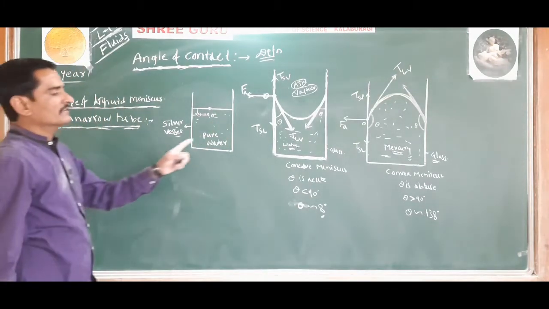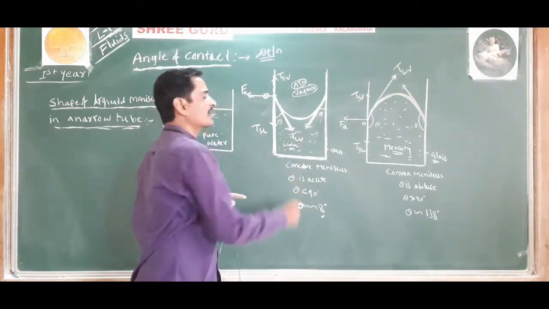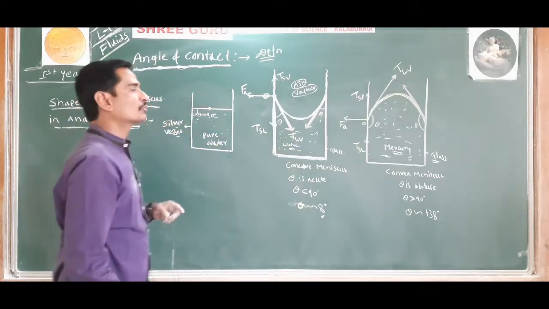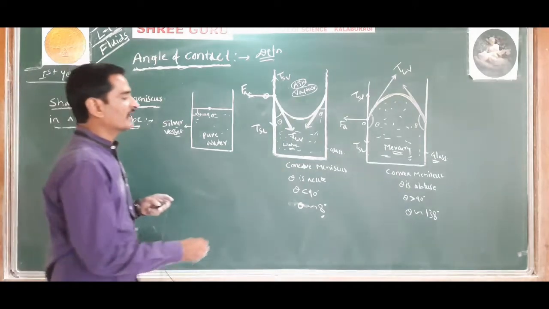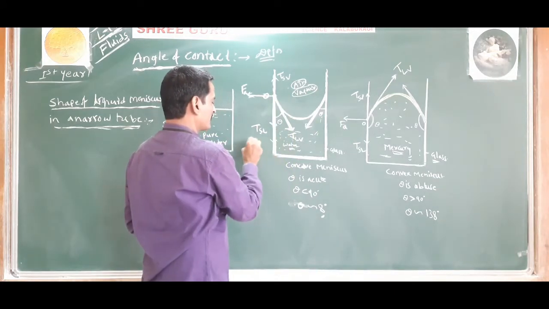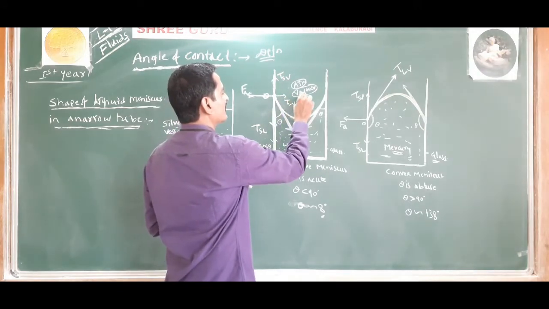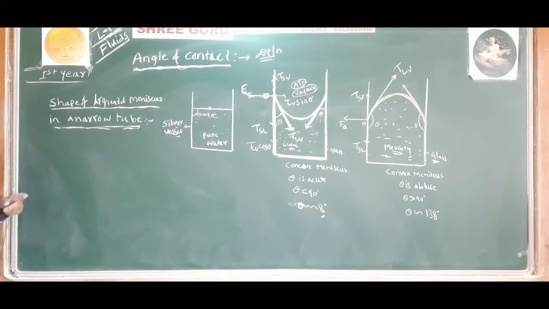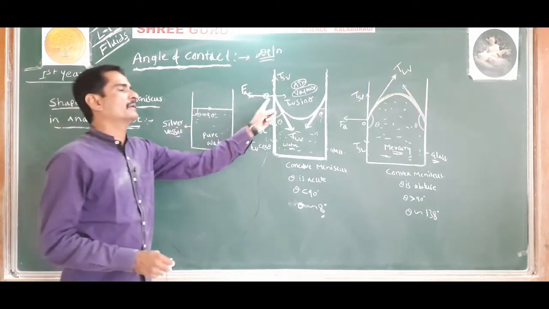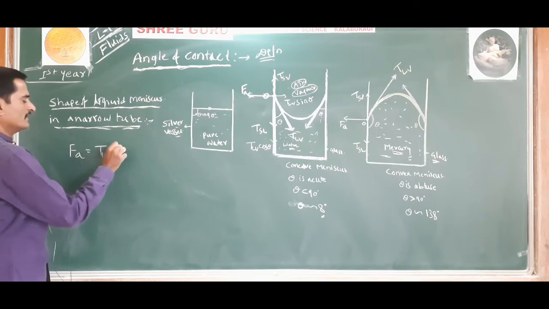So now the force due to surface tension between liquid and vapor is resolved into two components, that is TLV sin theta and TLV cos theta. So here it will be TLV cos theta and here it will be TLV sin theta. Then we find that for the equilibrium of the molecule O, the force of adhesion must be equal to TLV sin theta,